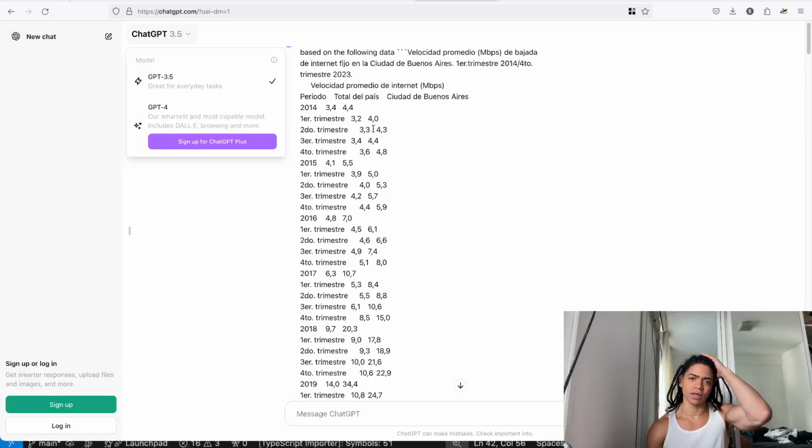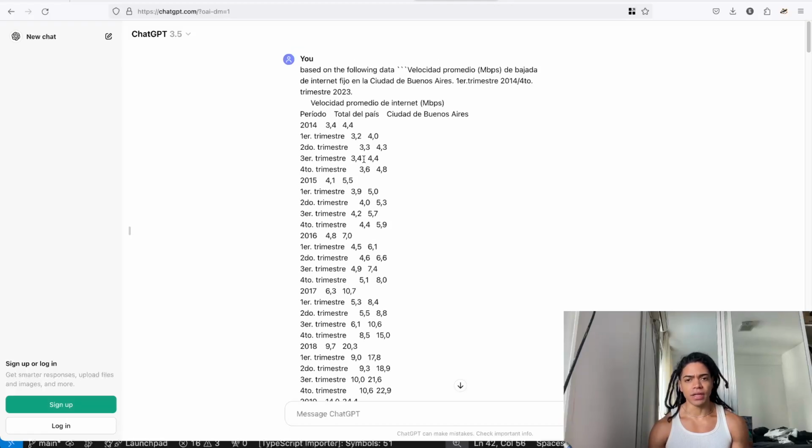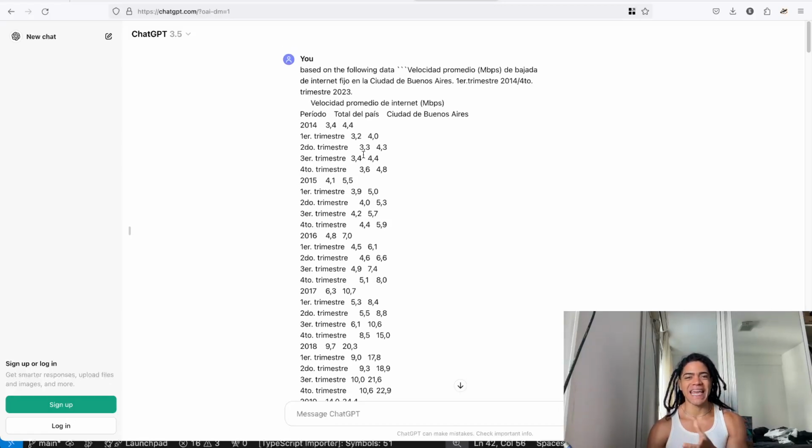So right now I'm just using ChatGPT 3.5, which is like talking to a gorilla. But if you are very precise about what you want, you can get the outcome that you need, and then refine it in the process.